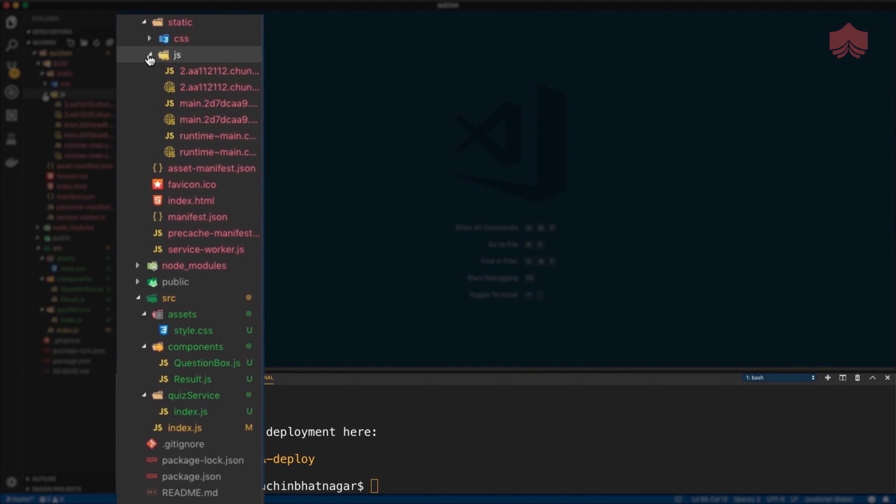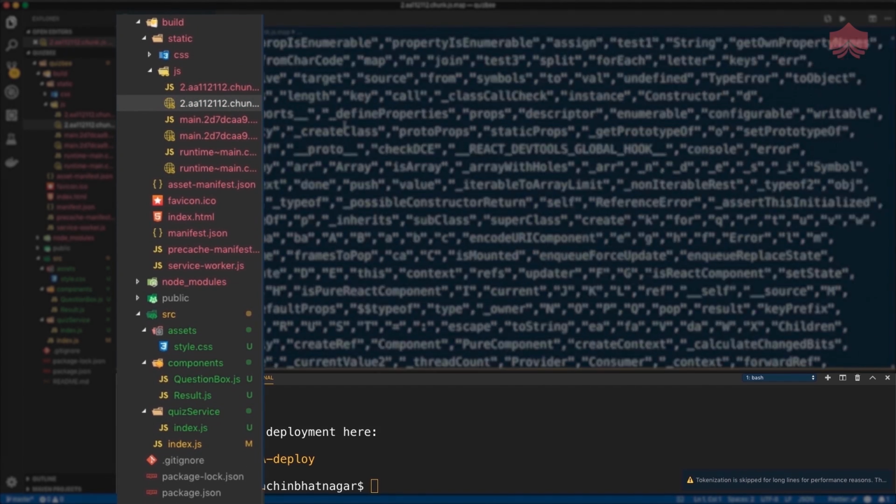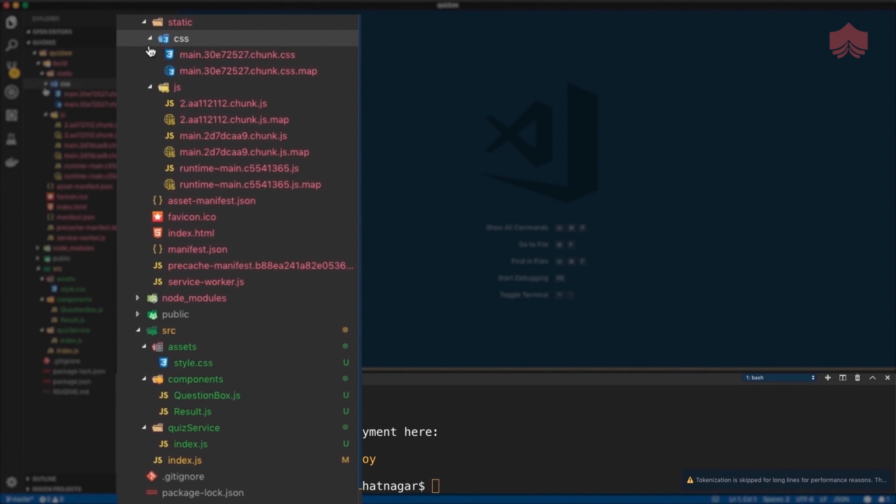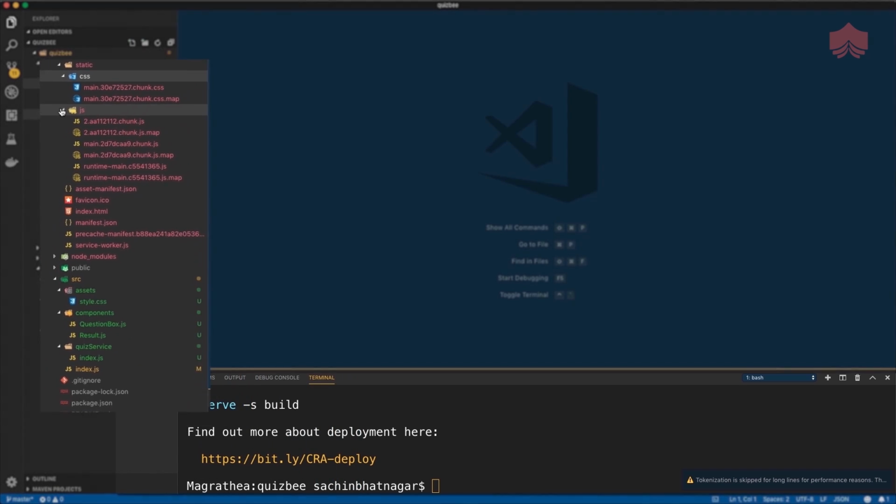As you can see here, our build folder contains a JS folder which contains our code along with the React DOM libraries and other code, all compacted, a CSS folder with our style sheet, and we have our index.html file in the root along with a few other assets. To deploy your app, just upload everything inside the build folder to your server, and your app is ready for use.